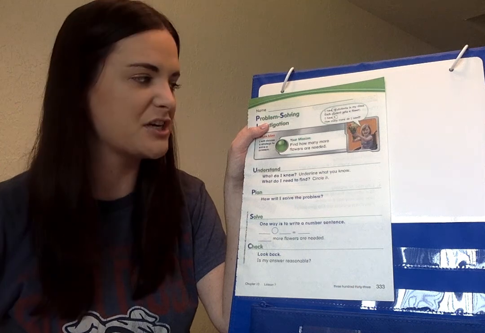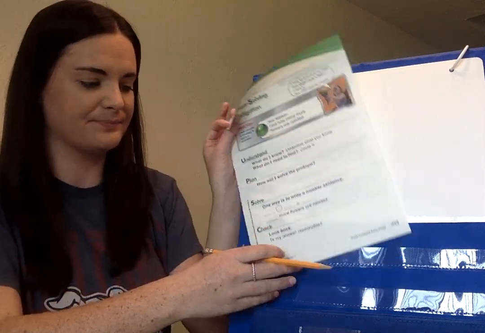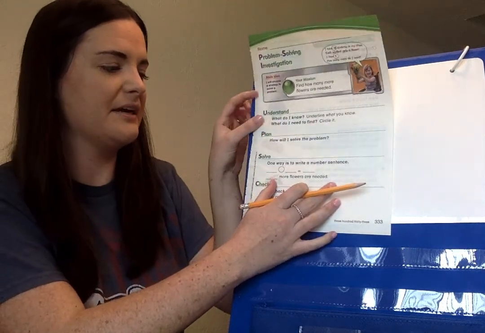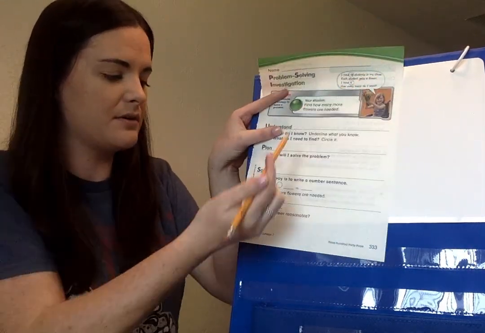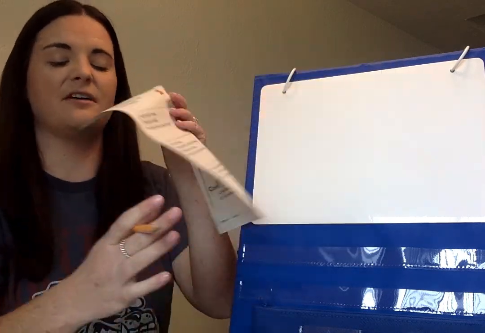This means difference. Does the word difference remind you of addition or subtraction? You're right, subtraction. So I'm going to find the difference between 18 and 9. Down here, it gives you an area to write a number sentence. So you can fill it in as I fill it in on our